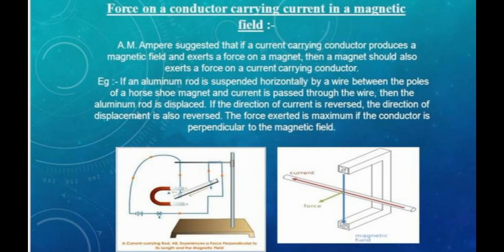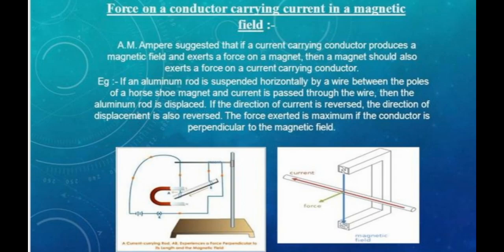So according to him, when an electric current can produce a magnetic field, then a magnetic field also has to produce an electric current. He made an experiment and showed this by his demonstration. This experiment, which you can see on the screen, is called the kicking wire experiment. In this experiment, he took a small aluminium rod suspended horizontally by means of two light connecting springs from the stand, and a strong horseshoe magnet is placed in such a way that the rod lies between the two poles with the field directly upwards.